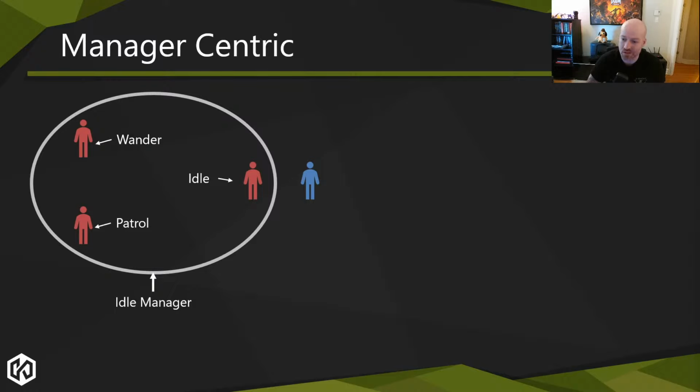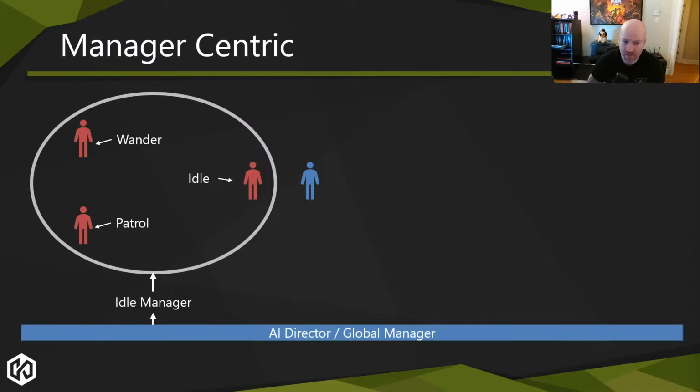So now you need an additional system on top of that, sort of like an AI director or a global manager that is looking at the whole game as a whole and saying, what should I be doing? When should I transition characters from one manager to another? So the AI director comes in and says, hey, there's a player near an AI. That AI, with its visual sensors or whatever, detects the player. I need to trigger combat because, fight time.